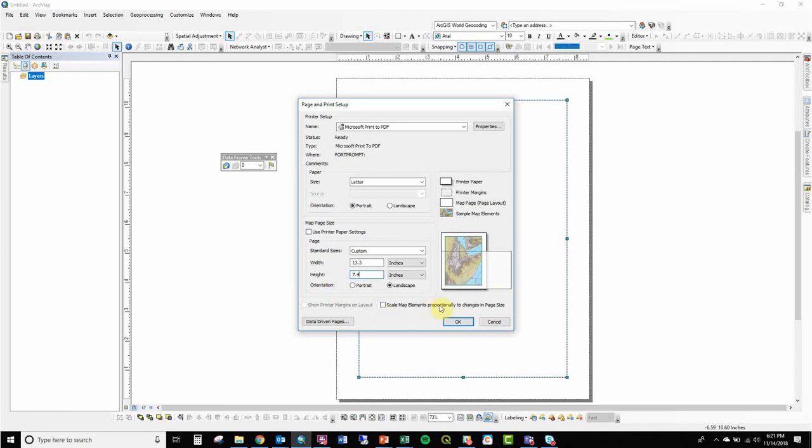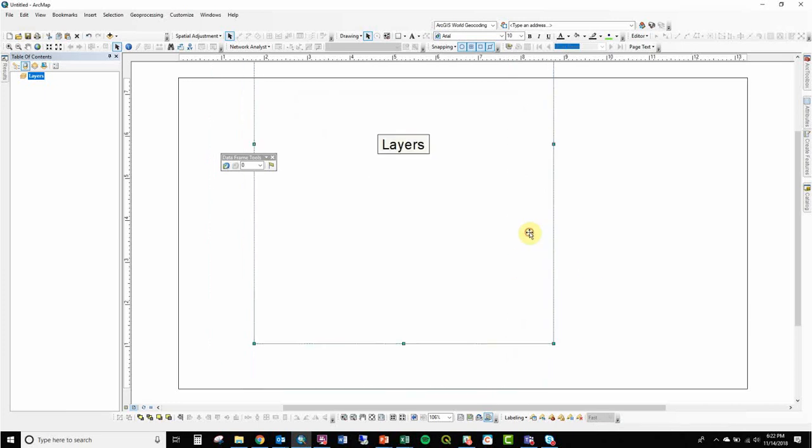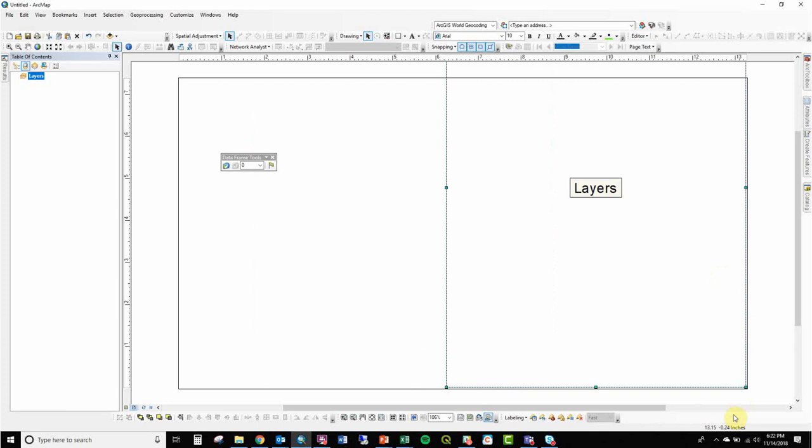Oh, okay. So what it's doing is it's showing me this is the data frame, which is where the data is, in that live box there. And then this one is showing me what the new canvas is going to look like. So it's basically telling me, hey, you're going to have to move this, which of course I do now. It's big, or it's just not the right size. So I'm resetting the borders of the data frame to be very close to the edges of my canvas,